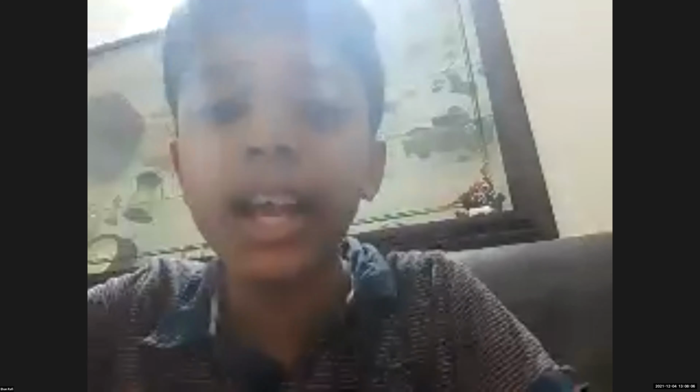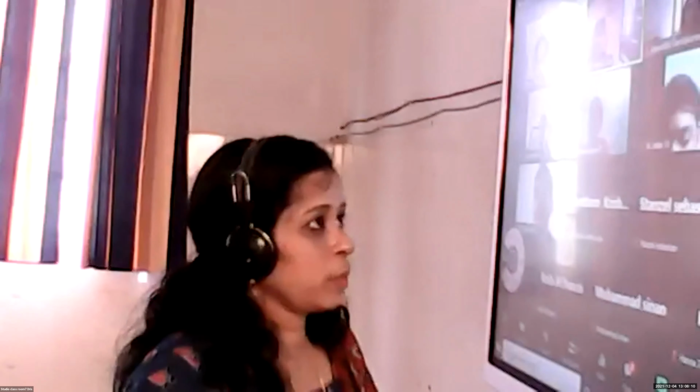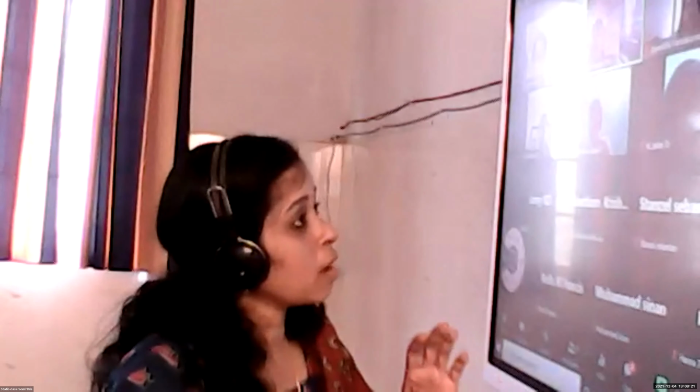If under a given correspondence, the three sides of one triangle are equal to the three corresponding sides of another triangle, then the triangles are congruent, isn't it? If any three sides of one triangle are exactly congruent or equal to the corresponding three sides of the other triangle, then we can say that the two triangles are congruent.